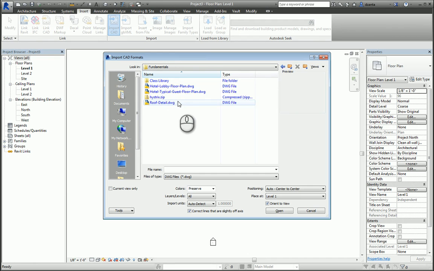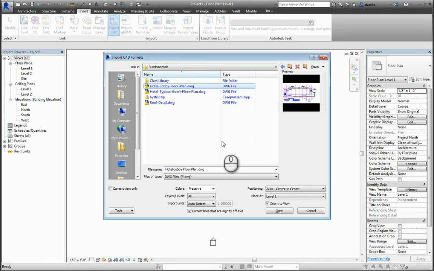Now, when you are inserting a file, there are a couple of things we want to make sure we understand. One is, make sure you understand if the CAD file is 2D or 3D. If it's a 3D CAD file, then you want to make sure your current view in Revit is the default {3D} view. If it's a 2D file, you want to ask yourself, what kind of 2D file is it? Is it a floor plan? Is it an elevation? Is it a section? Is it a detail? And make sure you insert it into the proper view. So in this example, I'm going to be placing a 2D floor plan AutoCAD file into the level 1 view